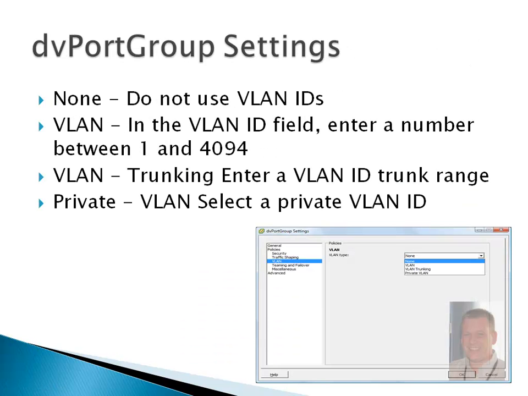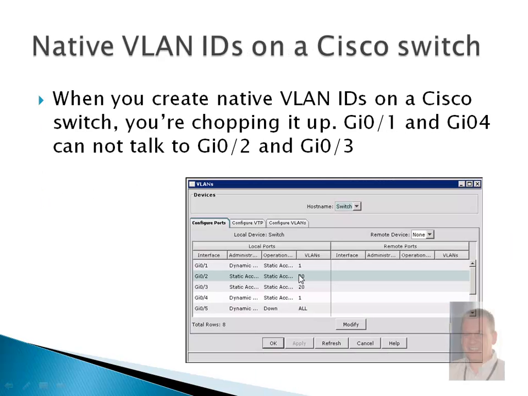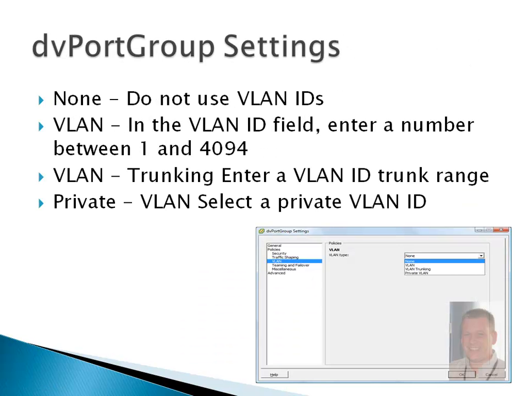The DV port group settings: there are 4 different kinds of settings possible on a distributed virtual port group. You can put it on none, and then you don't use VLAN IDs. And when you put it on none, you can still do VLAN ID tagging on your Cisco switch right here. So that's not really fancy, but it works. You can also put in a VLAN ID ranging from 1 to 4094, and it's a single VLAN ID on one of your port groups, and the traffic will be tagged with